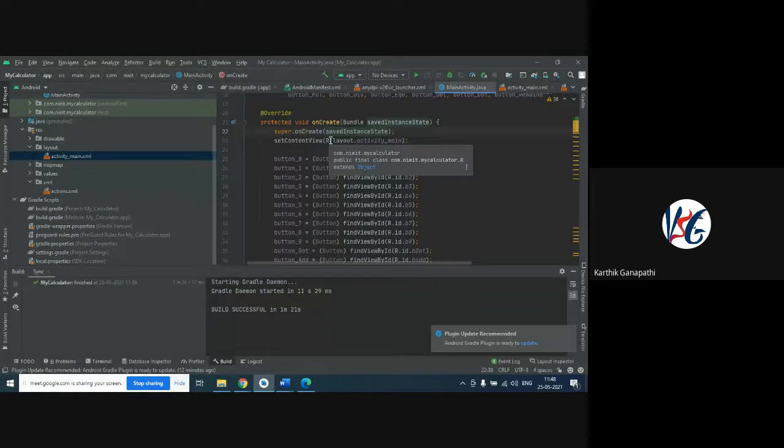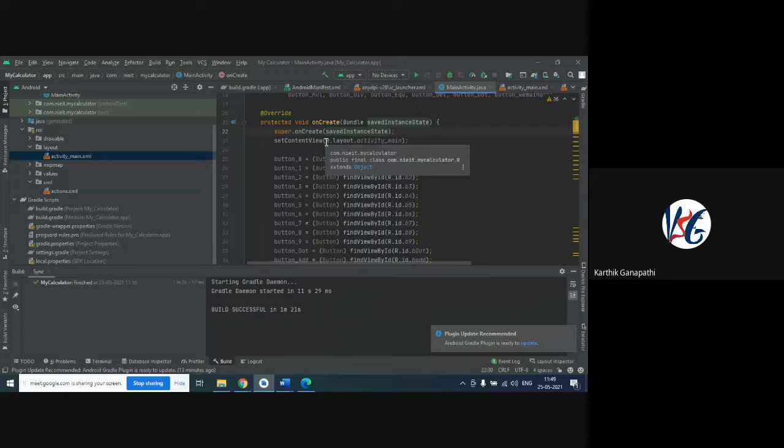Just keep this in mind. R is a resource.java file, where it is going to have all the components we have in Android development. That is, whatever components we generate in the XML, the graphical user interface, each component is going to be converted into a hexadecimal component value. That is going to be stored inside R.java.